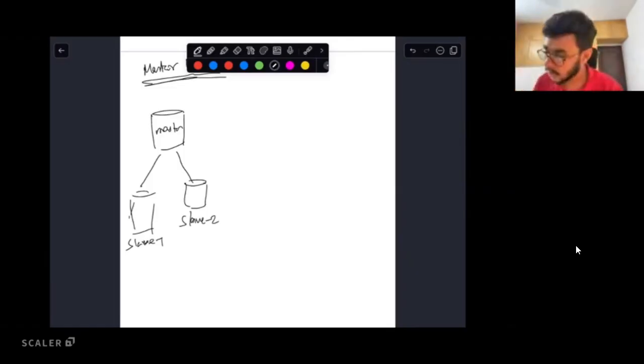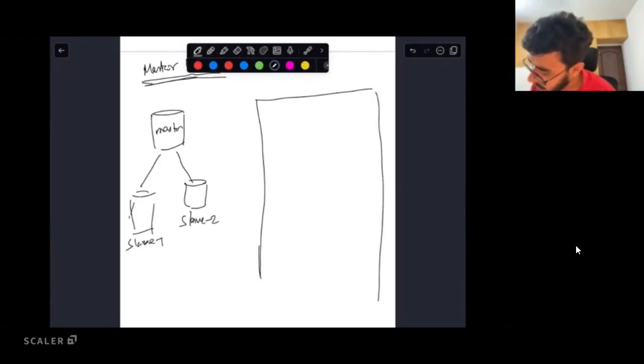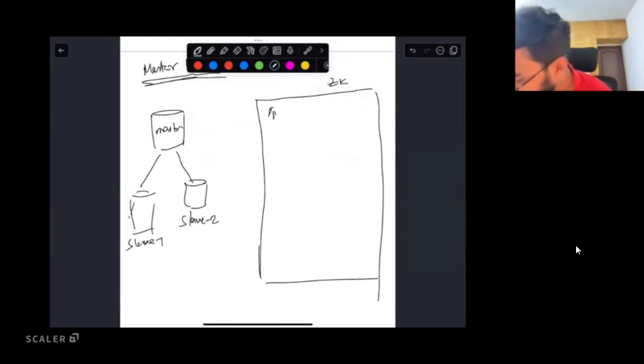Let us say this is the Zookeeper. And how is the Zookeeper structure going to look? Whatever way you have defined, let's say a slash payment service, and within the payment service is this file.